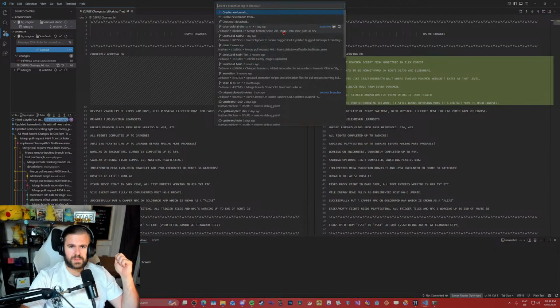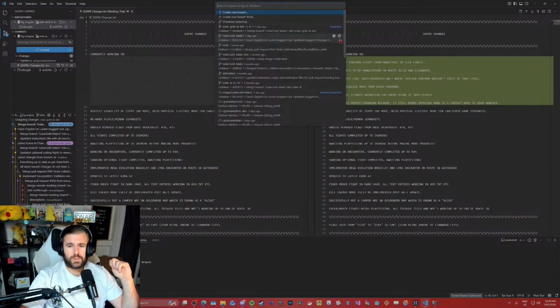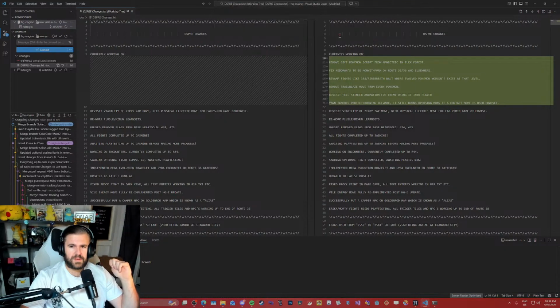Why does this seem difficult? It should just allow me to check out. Maybe it says check out VS Code? No, that just takes me to a website. We don't want that.